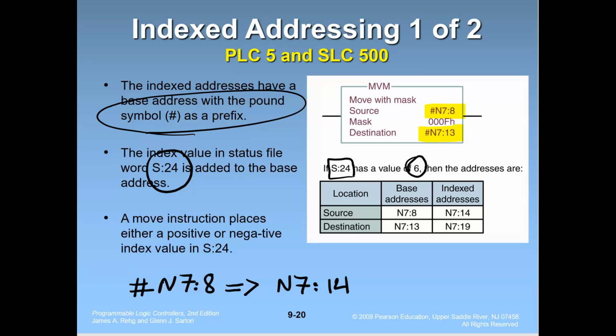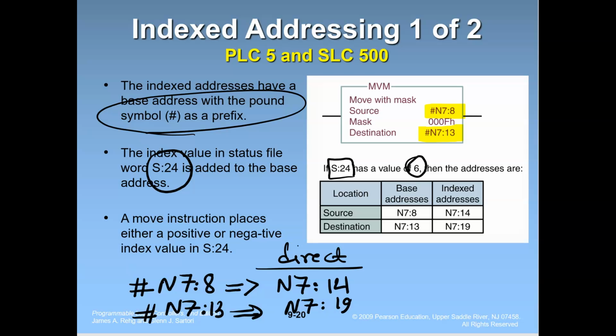N7:14. And for my destination, which is £N7:13, then my direct address, so here I'm showing you the direct addresses related to these index addresses, is going to be N7:19. So you can replace them with these addresses. So I can replace this with N7:14 and the destination with